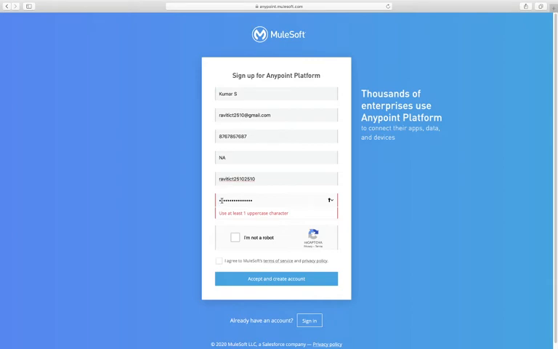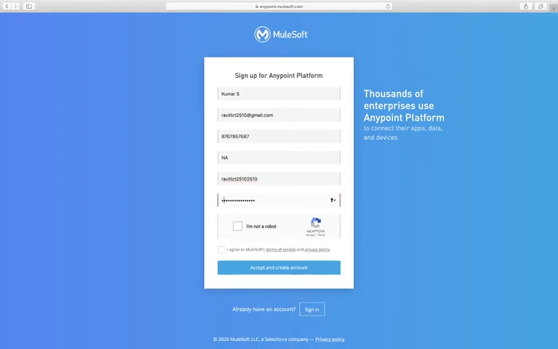The password must contain one uppercase character. Then click on I am not a robot, and I agree to the terms and conditions. You need to remember this user ID and password, and you will not get any kind of notification on email or mobile number.